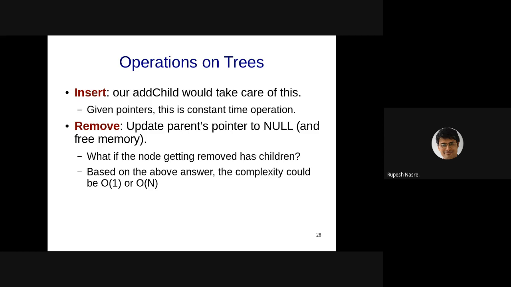Salman says we can make the parent of the node adopt the node's children. Yes, this is possible provided the parent has enough space. If it's a binary tree and the parent already has two nodes, one of them is getting removed, and now two nodes need to be added, left and right. So that is where the issue comes in.